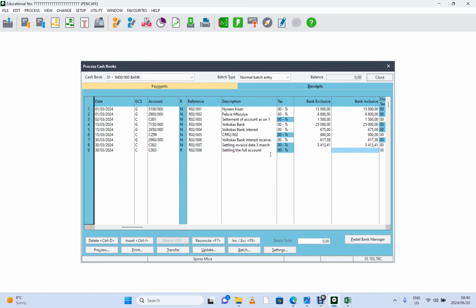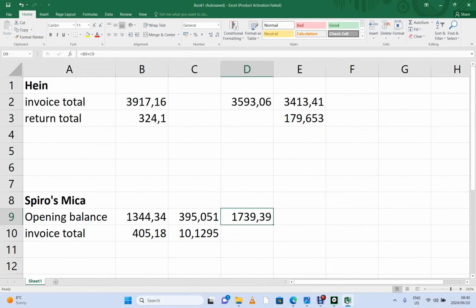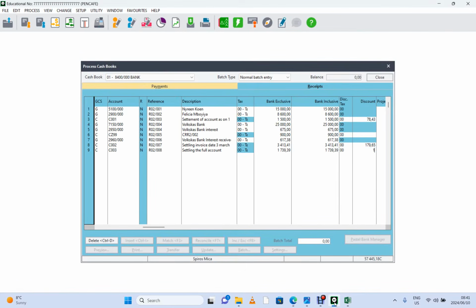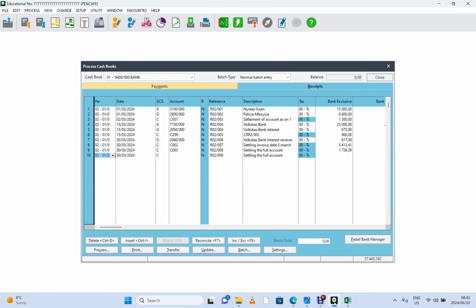I said it's 1739.39, if I'm not mistaken. Let's verify from the spreadsheet. 1739.39. Discount is 10.13. Then enter the discount, 10.13. Just like that, we are done with our cash receipt journal, but we're not yet ready to print because